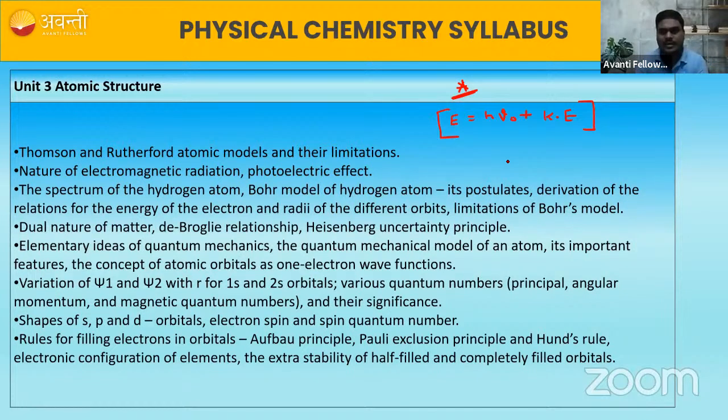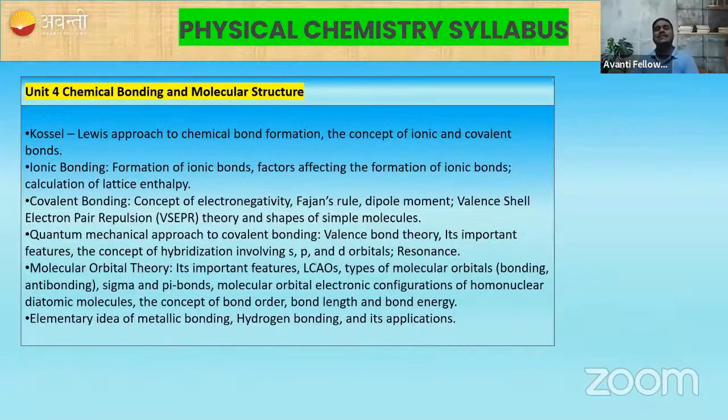So let's see the next chapter that we're going to see, that is chemical bonding. So you all are aware of how important this chapter is, chemical bonding. If we're talking about the entire chemistry, this will play a very, very important role. If you want to understand the concept behind inorganic chemistry, you must be aware of chemical bonding. If you want to understand the concept of organic chemistry, you must be aware of this chemical bonding. Even this chemical bonding plays an important role in physical chemistry as well sometimes, right? So this is one of the hearts of chemistry. This is a very, very important chapter. If I'm talking about the most important chapters of class 11th, then definitely chemical bonding is one of them,